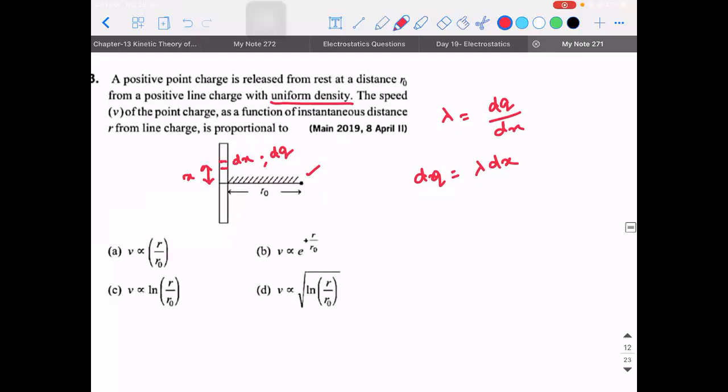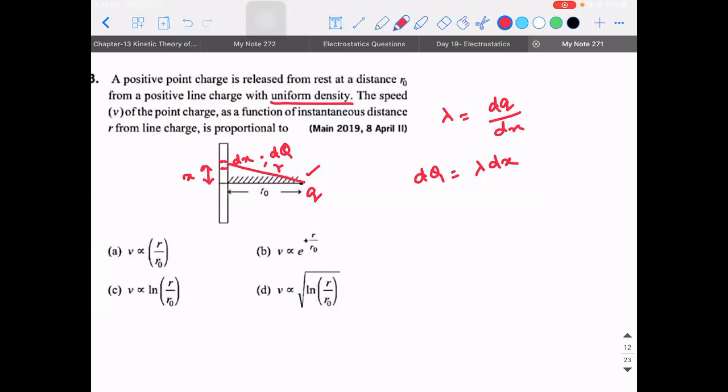Now comes another important question. If I take this distance as r, and this charge is q, they didn't say anything about this charge, so everything has to get eliminated. That's what I understand. So I'll take this as capital dQ. Is this what you want me to do? But then we don't know the value of lambda, so we cannot do this, right? Maybe we might have to eliminate it according to the way. I don't know.